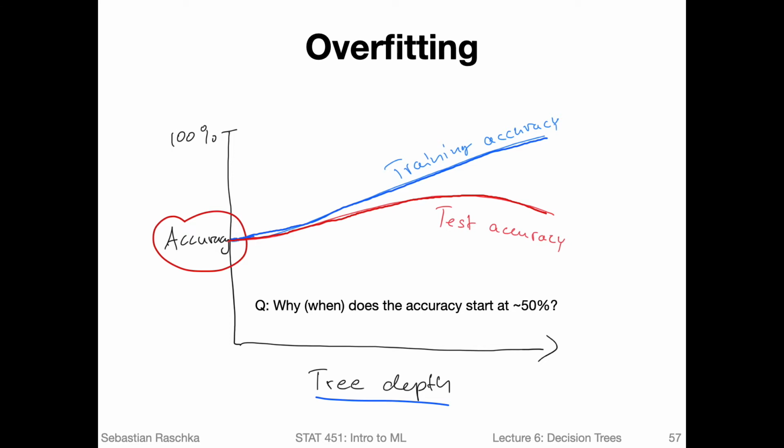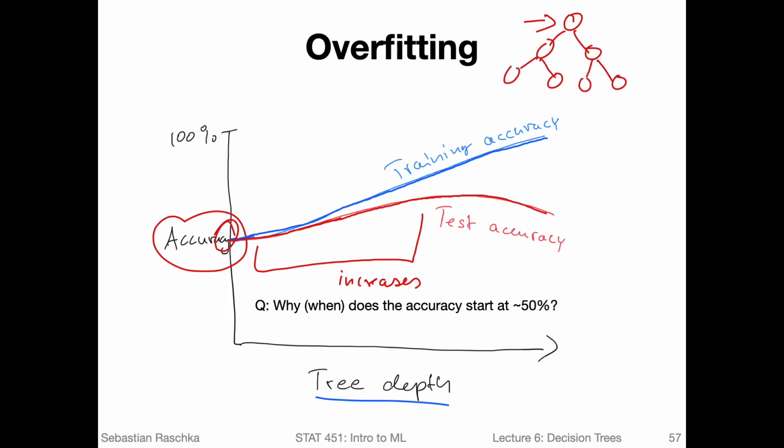So first, it increases. So here the performance on unseen data increases. This is kind of logical, because if you just do one split at the beginning at the parent node here, then you will have, of course, not as good a performance as if you have a certain number of splits, if you have grown your decision tree with information gain.